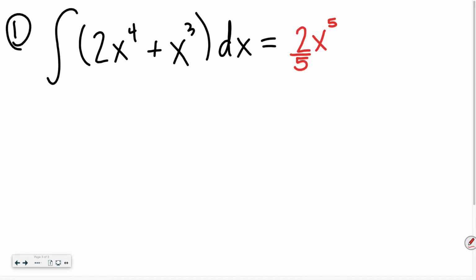So we can just say that that's 2/5 x to the 5th power. Okay, plus x cubed. What do we do? We increase the power and multiply by its reciprocal. And don't forget,